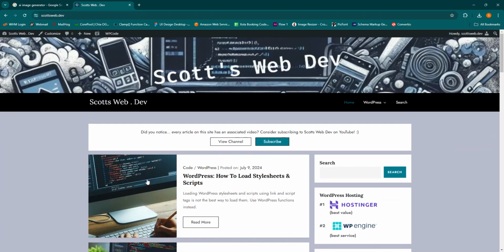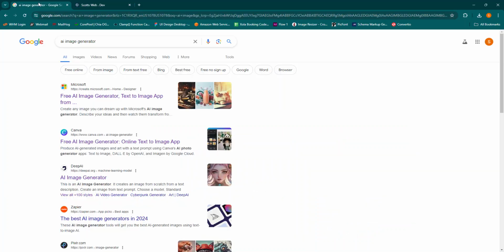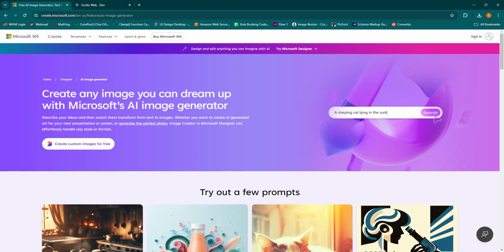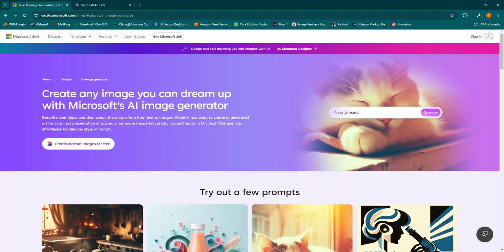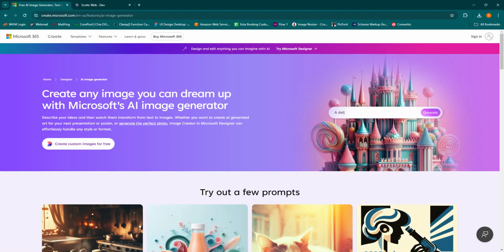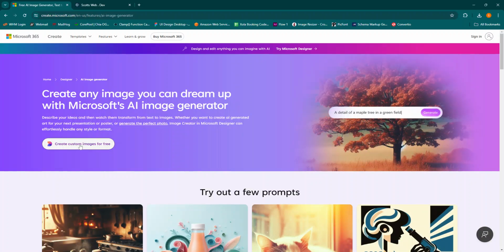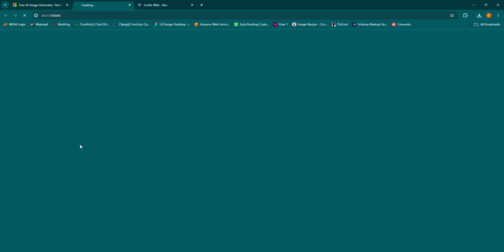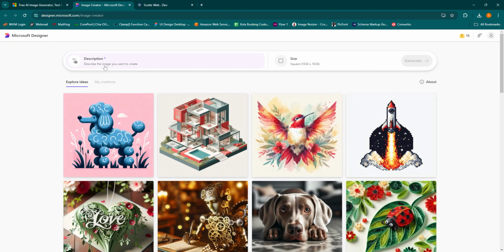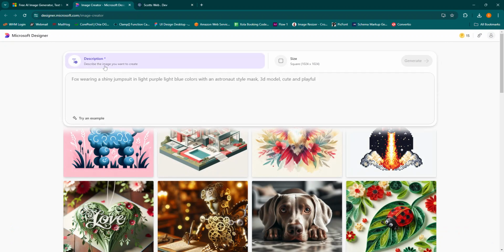There's lots of AI image generators, but the one that I use is from Microsoft. So if you just Google AI image generator, it's this first result right here. I'll put the link to this into the description of the video so you can make AI images if you'd like to. Just click on create custom images, and then in this prompt, you're going to want to type the